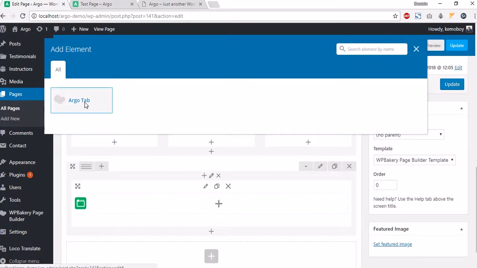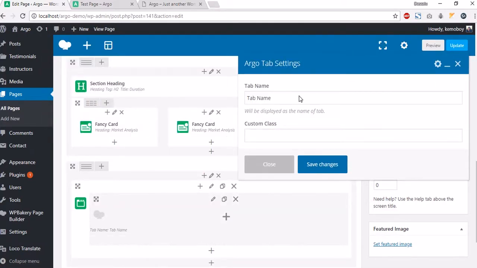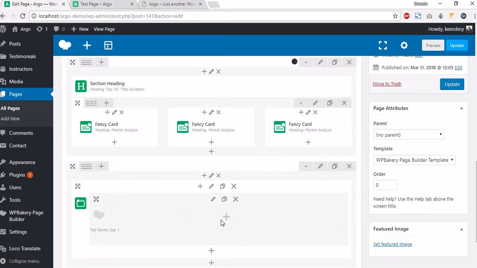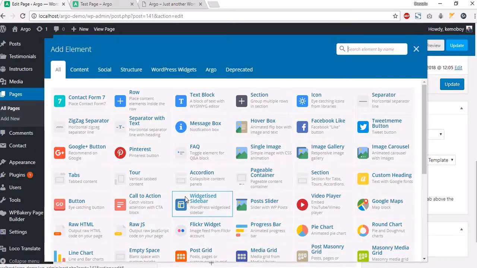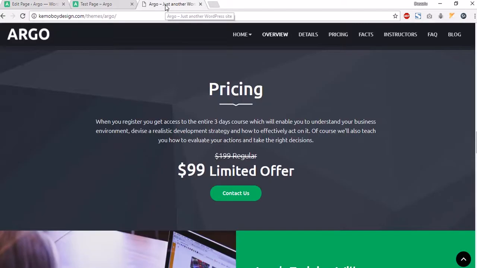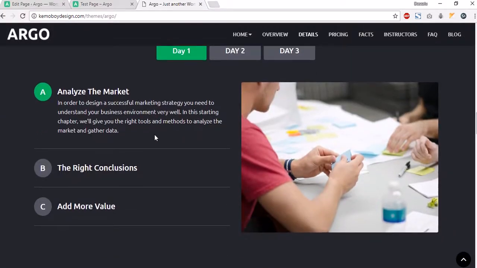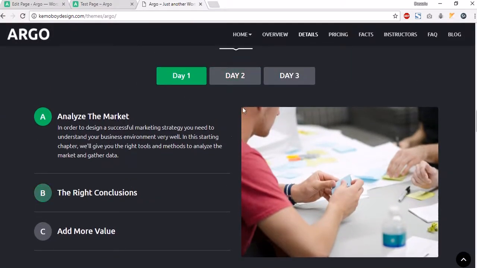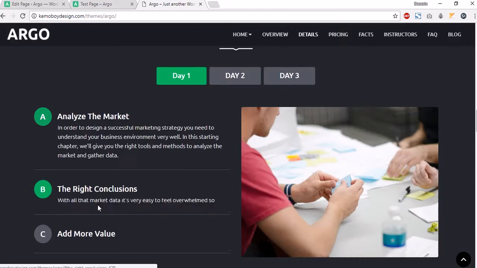Alright, let's go ahead and add Argo tab, and let's say day 1. Make sure that those names are kind of unique because they will be used as a way of switching tabs. So click Save Changes, and as you can see in this area here, we have some tabs and we have